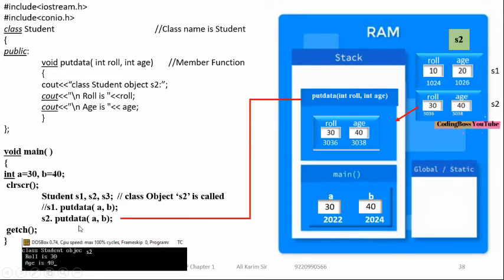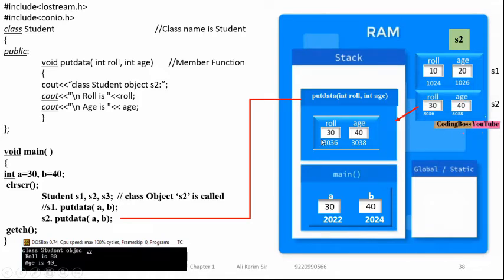When the S2 object is called, put data A and B is holding the values 30 and 40, and that is passed to the put data function now. The same put data function is being called here, so it is going to occupy the same memory space it was holding previously. If you see carefully, the memory address where 10 was already written, now 30 is available.